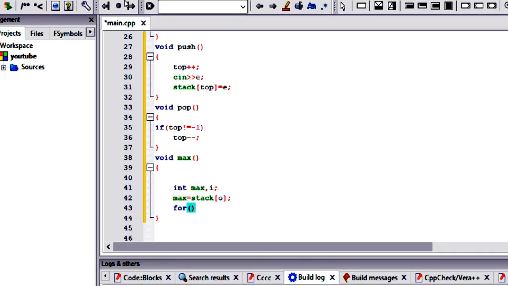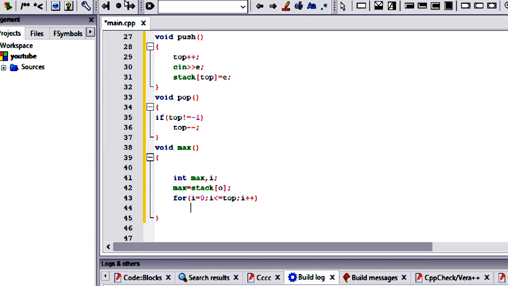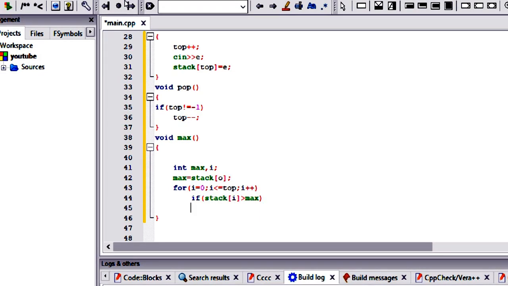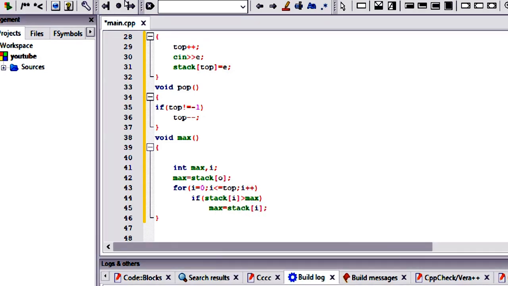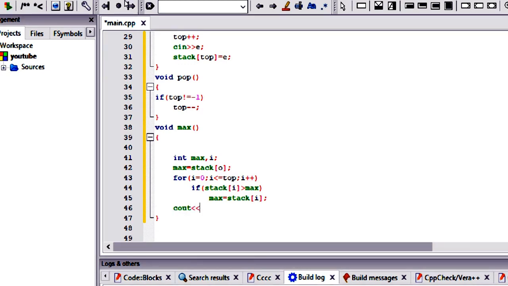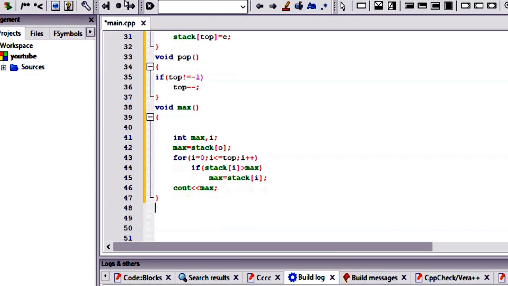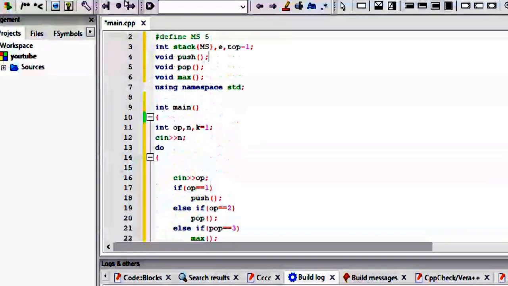Let's run a loop for i equal to 0, i less than or equal to top, i plus plus, and if stack of i is greater than max, then we store that value in max. At the last we have to print that value, so max. Yes, guys, we have written this code.